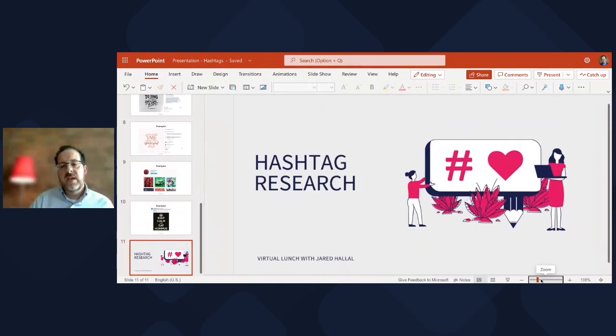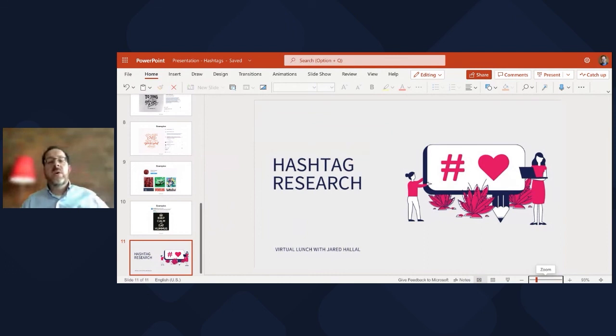So as we use hashtags, I would just recommend that you do your research with your company, with your competitors and others in your industry, but also in those industries that are periphery to yourself. So for example, if you are a real estate company, you might do research on hashtags that are in the home improvement industry and also in the mortgage lending industry. If you put those hashtags in the appropriate place on the appropriate post, you'll be reaching conversations of people on the periphery of your industry,